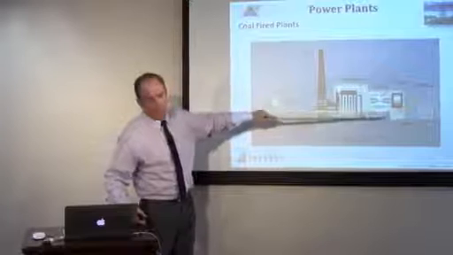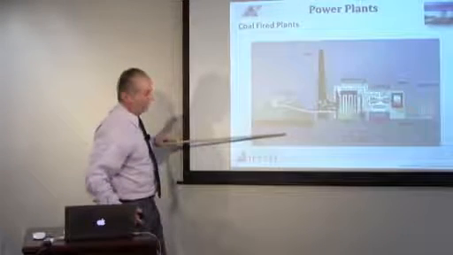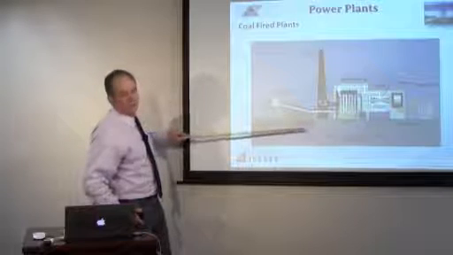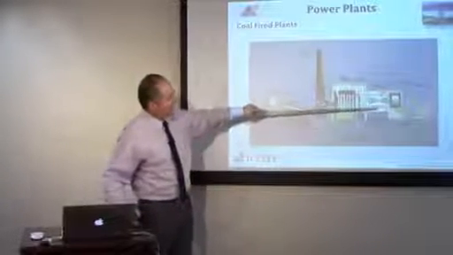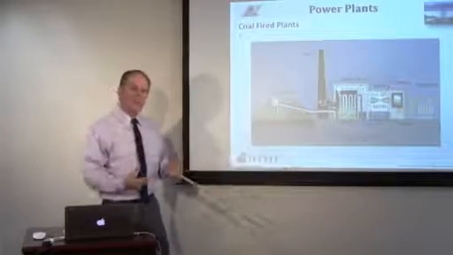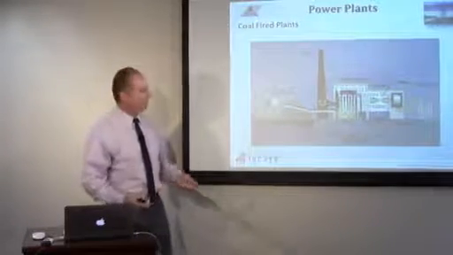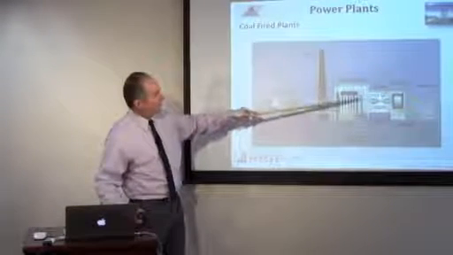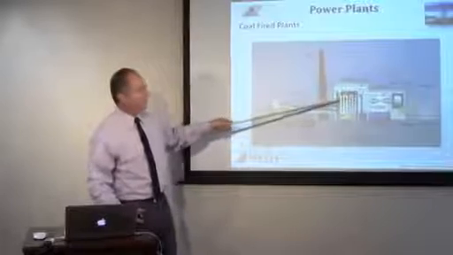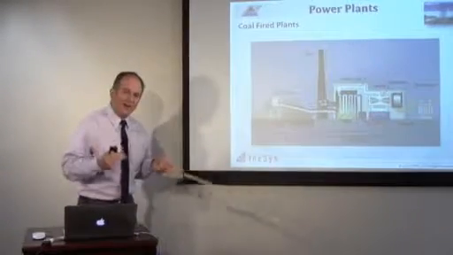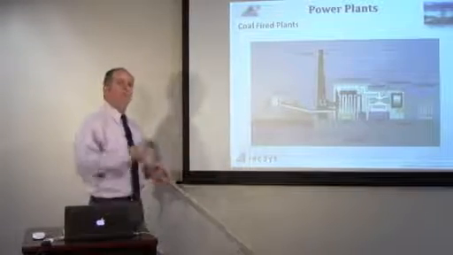by letting that fall on cold water pipes that are circulated from either a river or underground water or ponds or the ocean. And that steam hits those cold pipes, and when it hits the cold pipes, it condenses and becomes drips of water again. The water is collected on the bottom and then pumped back to the boiler where it's superheated again. So the steam is going through that superheated cycle and condensed down to water and back up again,